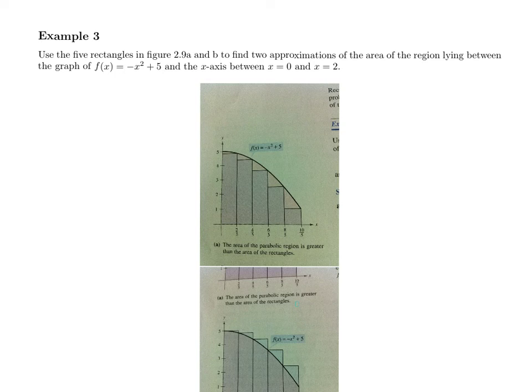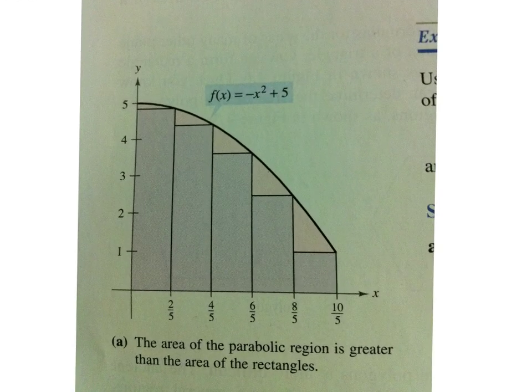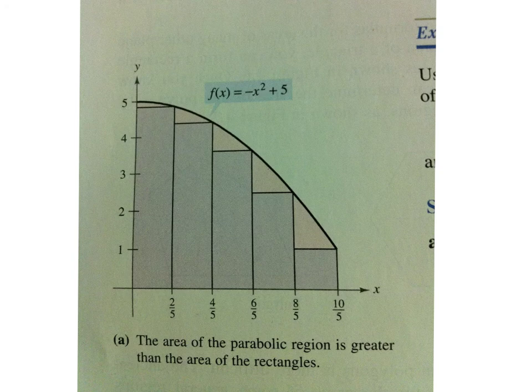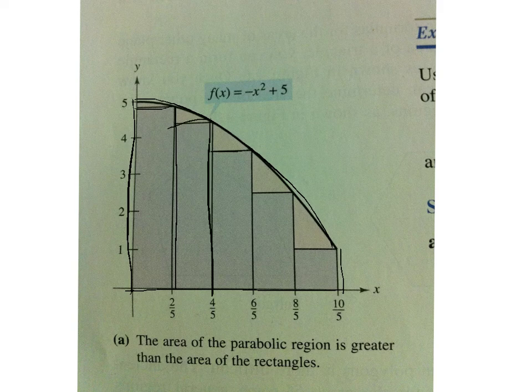negative x squared plus 5, and we want to find the area underneath this function, bounded by the x-axis here, and x equals 0 and x equals 2. So this whole area underneath the curve. We are going to do this using several rectangles. In this case, we have 5 rectangles,